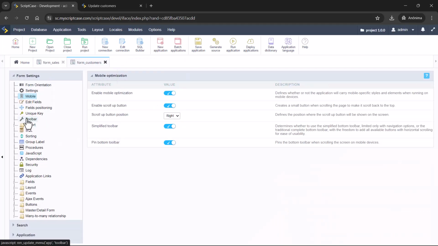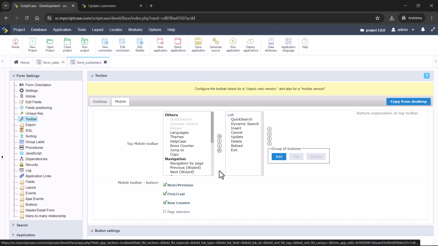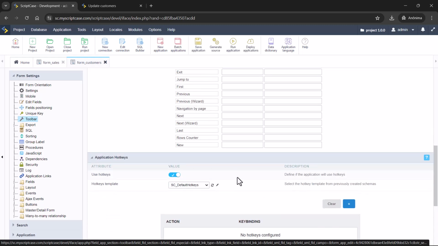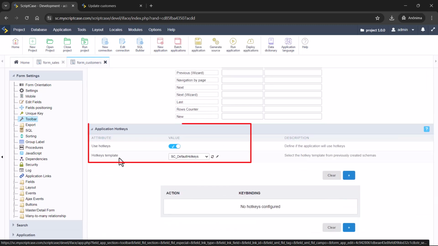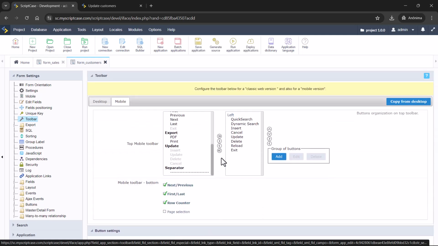If you go to the toolbar options, you will see that I have the options for the buttons, desktop and mobile. So it's also possible here for you to change names. Okay, you can also define hotkeys, templates. We have a video showing you how to use the hotkey templates. You can check this video to see this option. Here you can change names, and here you can change position, and you can also group the buttons. If you want, for example, to have fewer buttons just for the mobile view, you can go here.